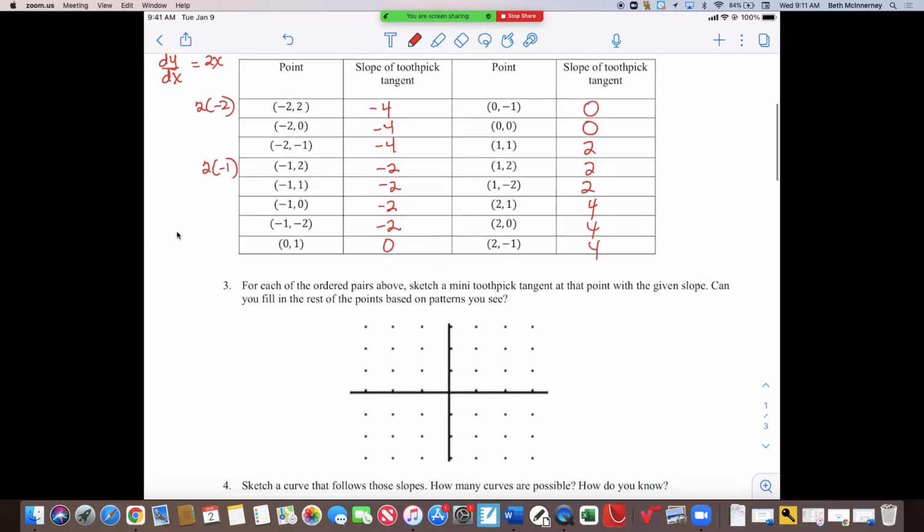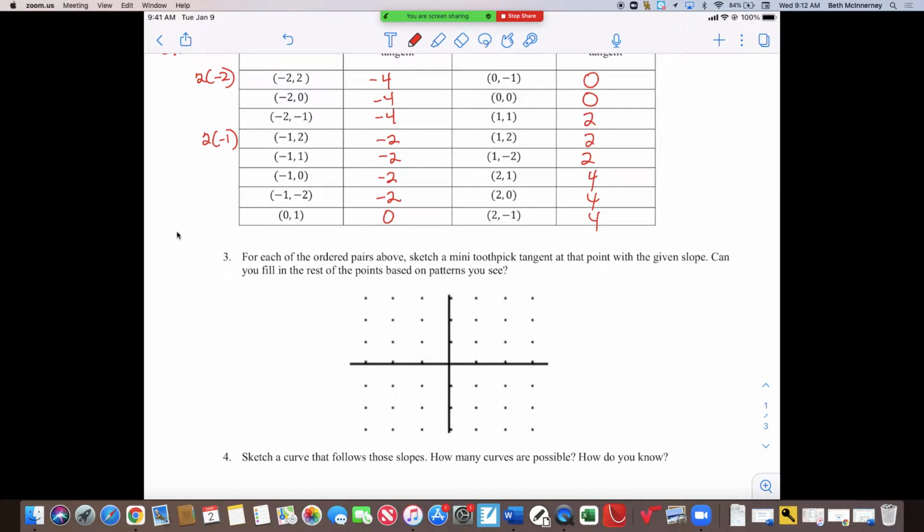But I also like to start with my easy ones. So if I go to 0, 1, that has a slope of 0. 0, -1 had a slope of 0. 0, 0 has a slope of 0. So this is what I mean by a toothpick tangent. It's just a small little dash. Then at 1, 1,